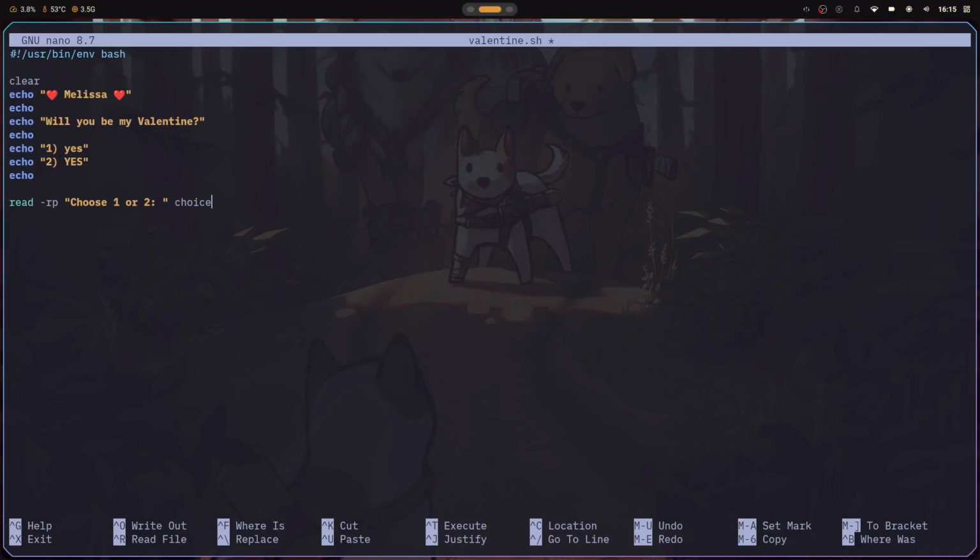In this case, my girlfriend, and the p just lets me show the prompt, which in this case is "choose one or two", and then choice. What the choice does is it's going to store whatever input my girlfriend writes into the keyboard, or into the terminal, in a variable called choice. Now you can use that variable to then